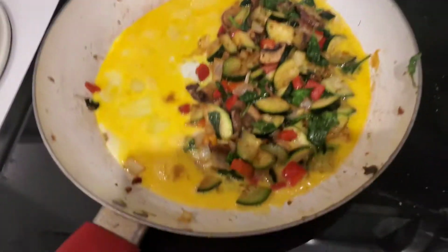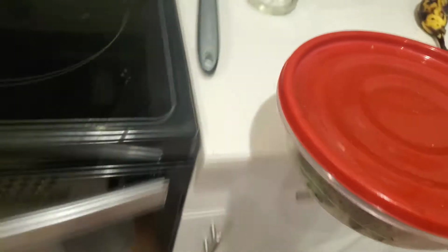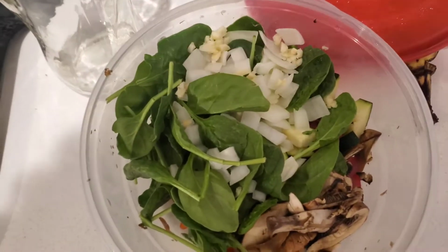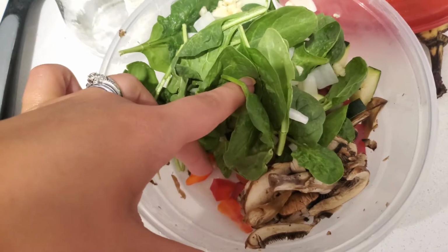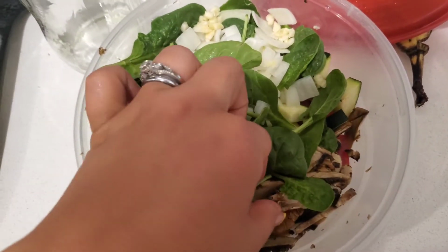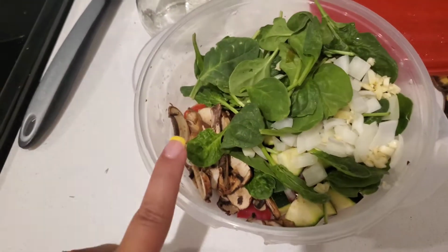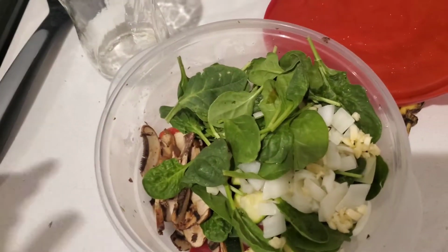Here's my breakfast this morning. This is what I put in it. I made another little thing with all the rest of the ingredients I had, because this is all I have left: spinach, zucchini, red peppers, mushrooms, onions, and garlic. Today I put the garlic and the onion in first with some